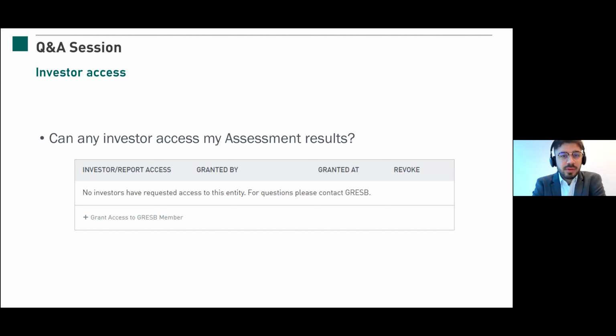And at the end of the reporting period, once we go for validation and scoring, you get an output typically around October. Once you get your report, the report is entirely yours. So only the people who have contributed to the assessment in the input stages will have access to it. Now, if an investor wishes to access your assessment, they need to request access. Then you have the option to either grant access, revoke that access, or do nothing. But until you actually grant access, the investor will never see your assessment results. So that's an important feature to take into account.